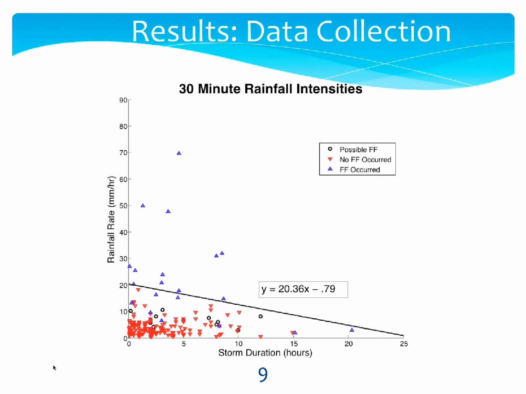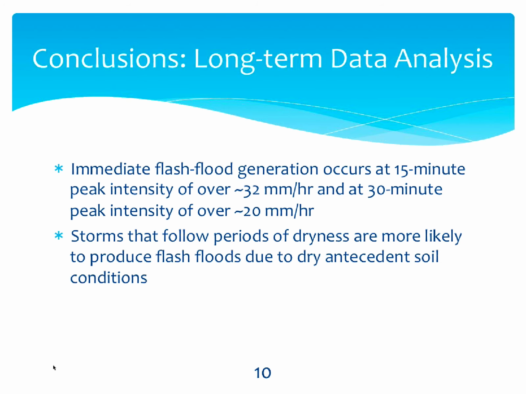And some conclusions we can derive from this long-term 6-year study is that immediate flash flood generation occurs at 15-minute peak intensities of over 32 millimeters an hour, and at 30-minute peak intensities of over 20 millimeters an hour. And then I mentioned the semi-impermeable seal in the beginning in my animation, and this is just to reiterate that storms that follow periods of dryness are more likely to produce flash floods due to these dry antecedent soil conditions